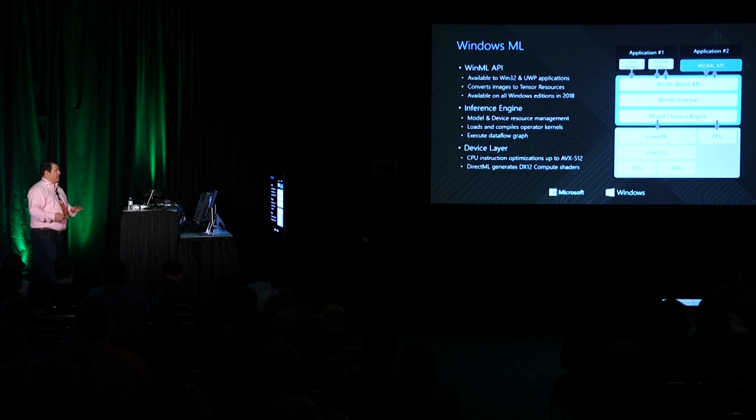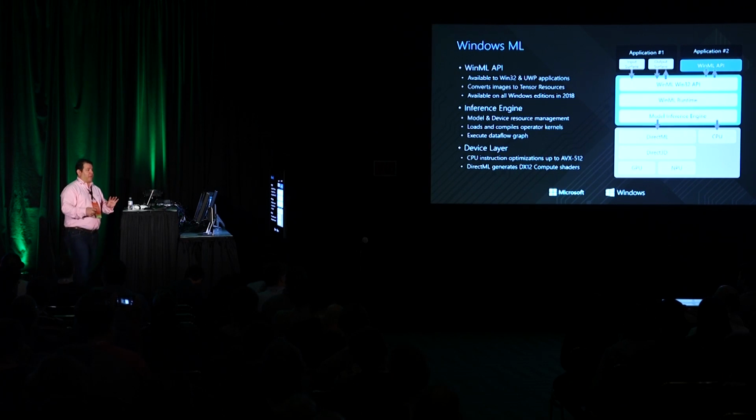Underneath that, we have a layer that's really driven basically on abstracting away the hardware and device itself. We've built a technology that we call DirectML. That technology is really designed to leverage the DX pipeline and run on any GPU that exists, as well as upcoming neural network hardware. If you've seen other things that we've done, we've shown this running on NPUs and other hardware from other vendors. So in general, what happens is the core of DirectML generates shaders, and those shaders can get projected onto any underlying graphics hardware.